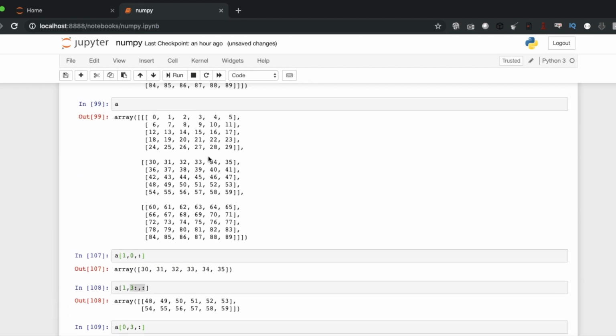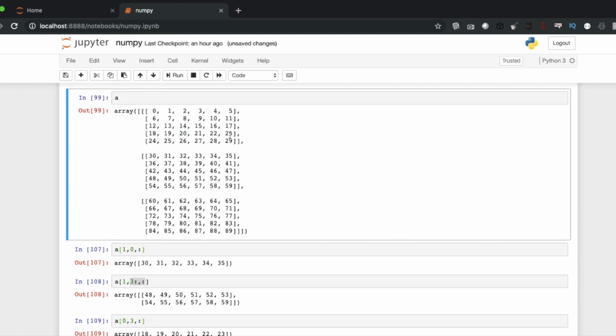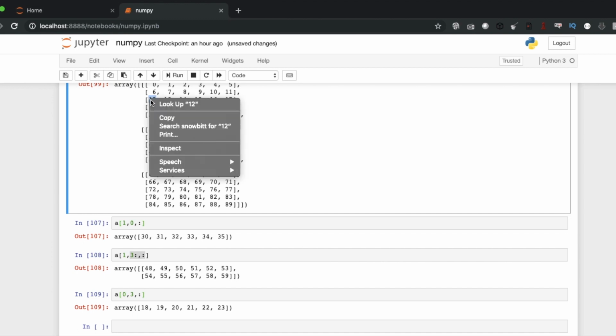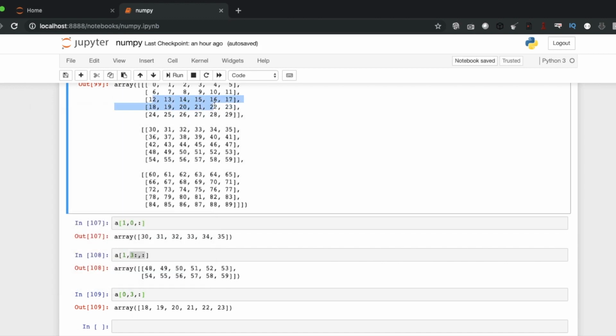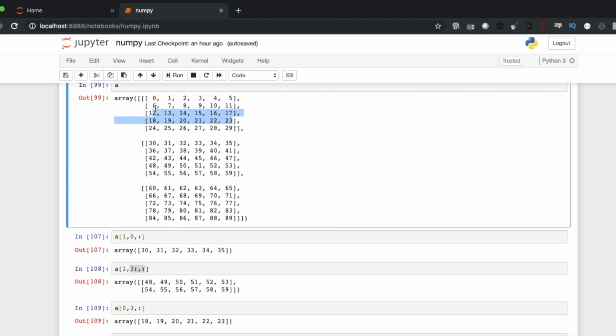Now say I just need only this 17 and 20 23. Maybe I need just 17 and 23. Then first I have to get these two things first. Okay, so 0 1.